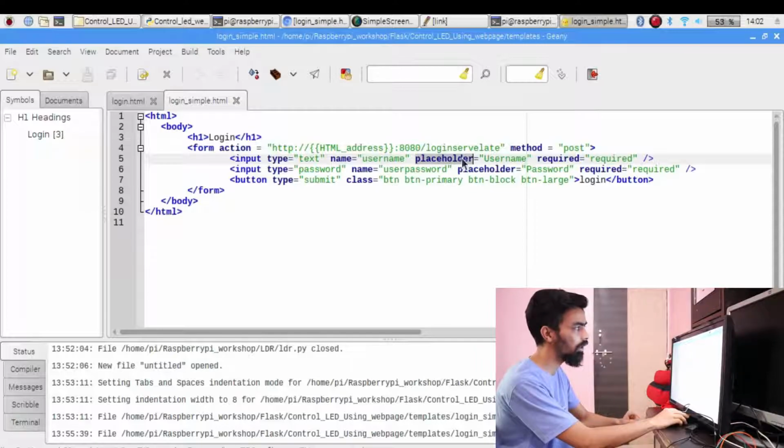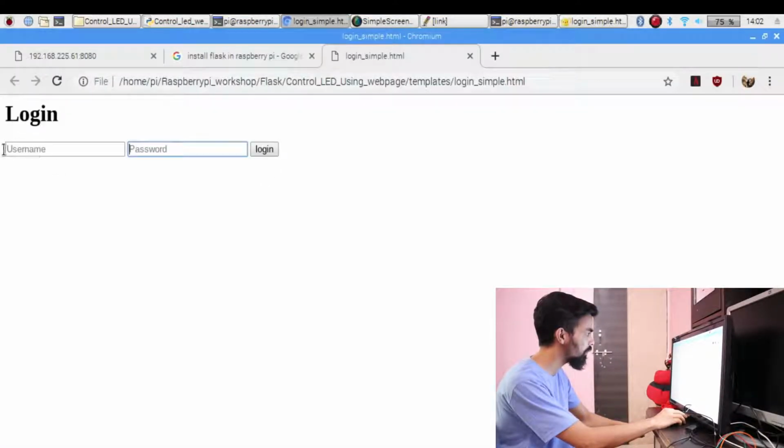Then placeholder username. In a login page, you can see there is a username and there is a password. So we have given the idea to the user about what information is required to enter the login. That username comes from here, this username.